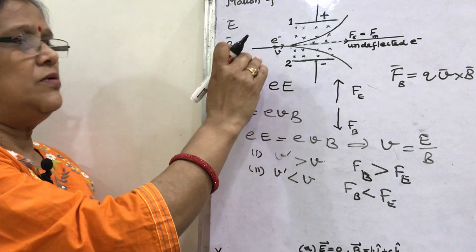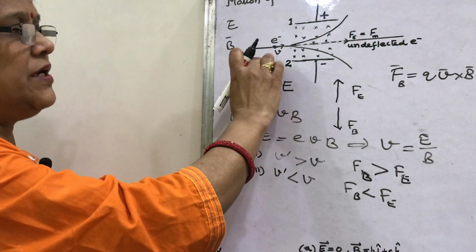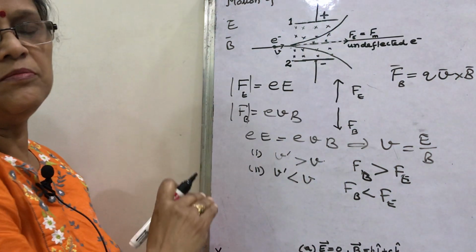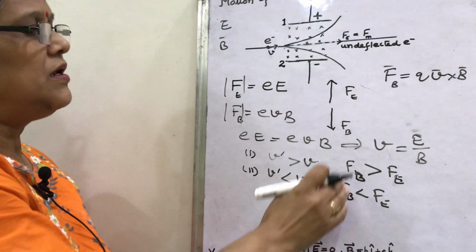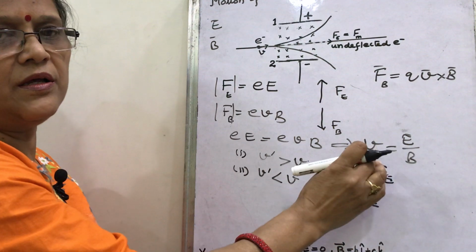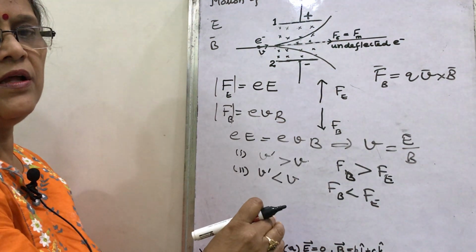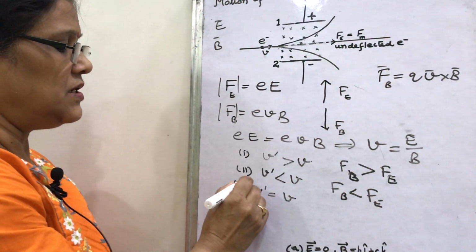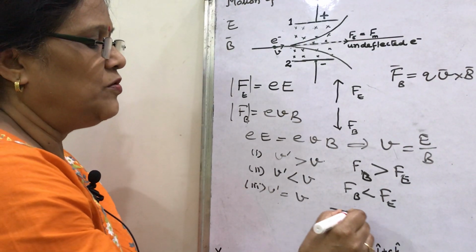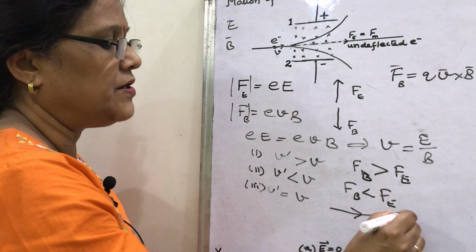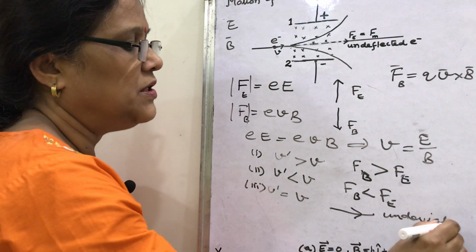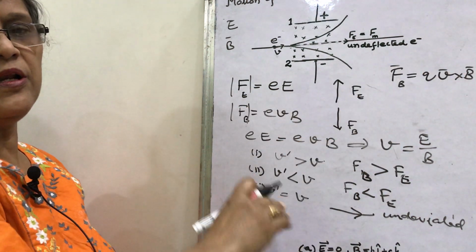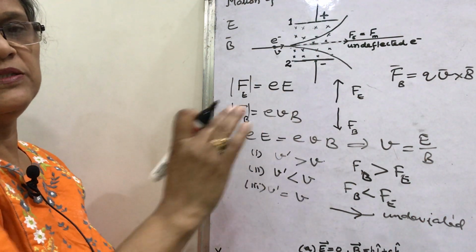Initially you know that the initial velocity is taken V, and when the charged particle moves through the presence of both electric and magnetic field, then V is E by B, that is the ratio of electric to magnetic field. And when this initial velocity is equal to V, that is the third case, only then it moves in the straight way, undeviated, as we have seen. So in this way you can see that the motion of a charged particle moving through both the regions remains undeviated.